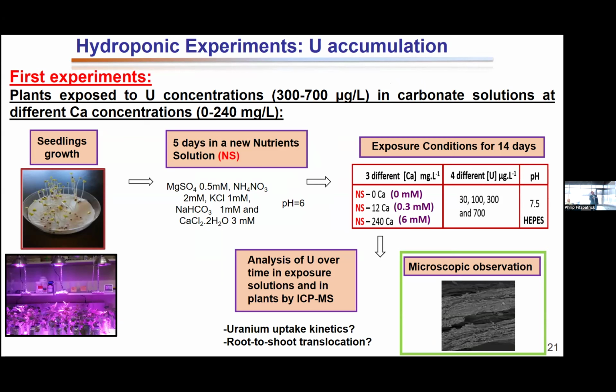And this is a little setup of what Elian set up at the time, with this UV light, a very nice greenhouse there. We acclimated the plants to make them happy with some nutrients, like you and I need nutrients, like I'm going to have a paella tonight. And then you end up exposing these plants to calcium, and I explained to you why calcium, and also to uranium at the maximum contaminant level, up to 700 micrograms per liter, which I showed you we have measured in the Rio Paguari.